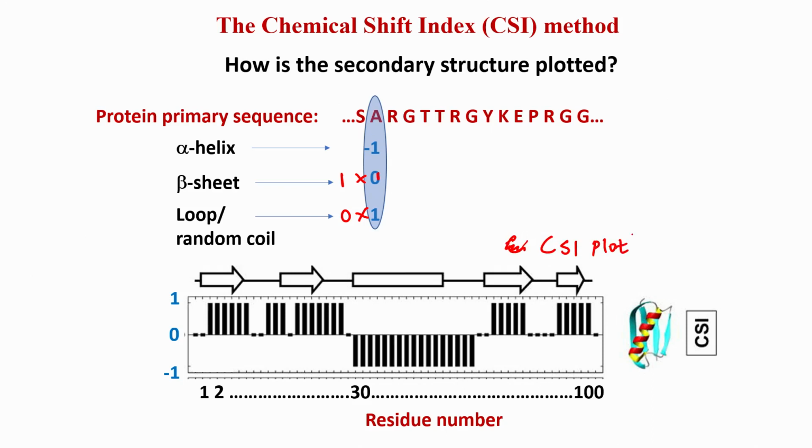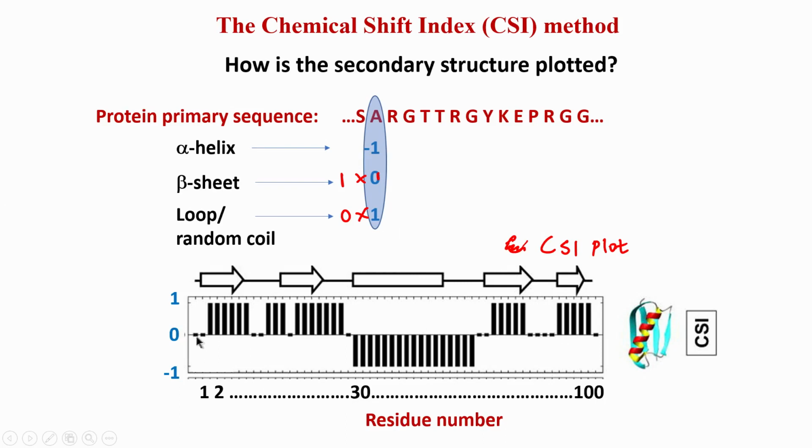This is a very standard plot which is shown in many papers whenever you publish the secondary structure of a protein by NMR. You can see here in this graph, this is for a protein, ubiquitin. You can see that as we go from one amino acid to another, let us say we start from here, on the x axis is the residue number. Residue number means starting from 1 going up to the last amino acid.